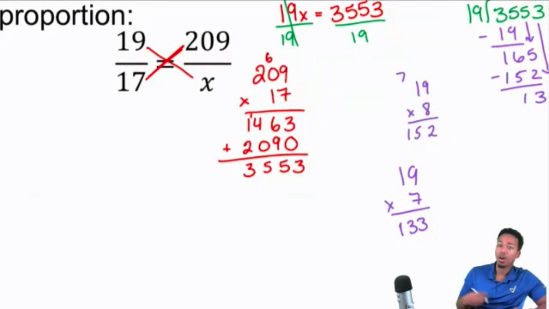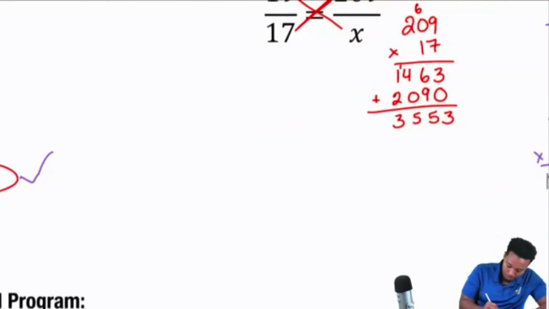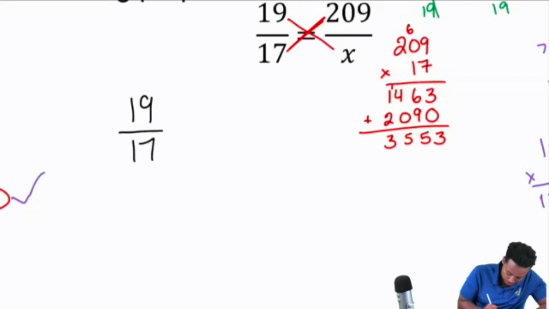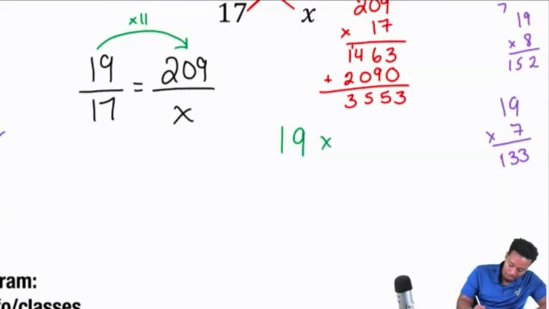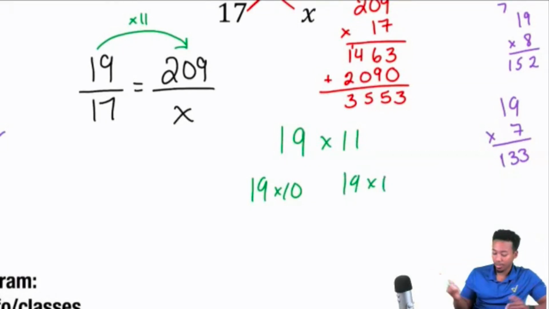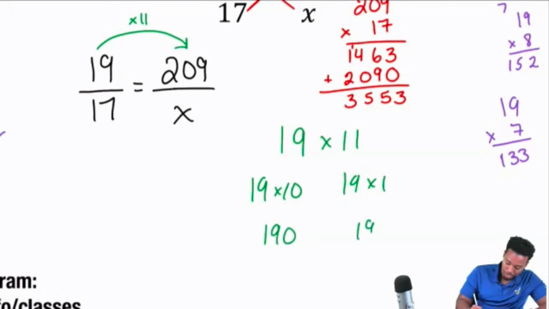So let me show everybody the alternate way to do this. And if you know your mental math, this is so convenient, man. I'm telling you right now. Watch this. 19 over 17 equals 209 over x. What you might not have noticed was that 19 goes into 209 11 times. Because think about it like this. 19 times 11 is literally 19 times 10 and 19 times 1. 10 and 1 is 11, right? 190, 19,